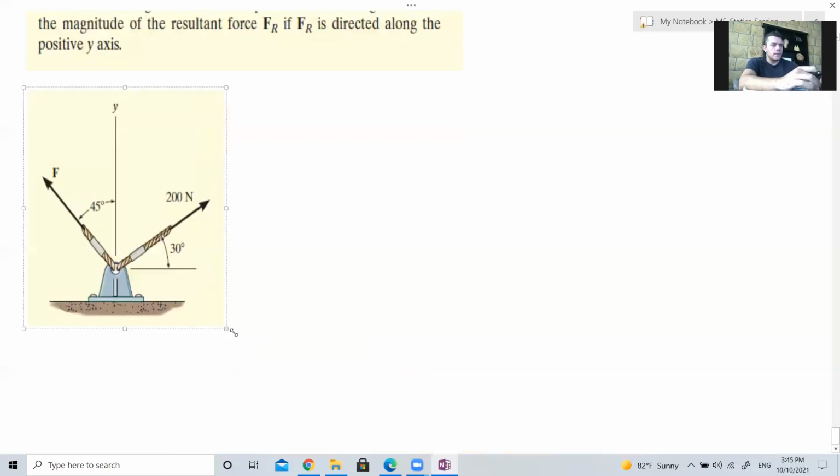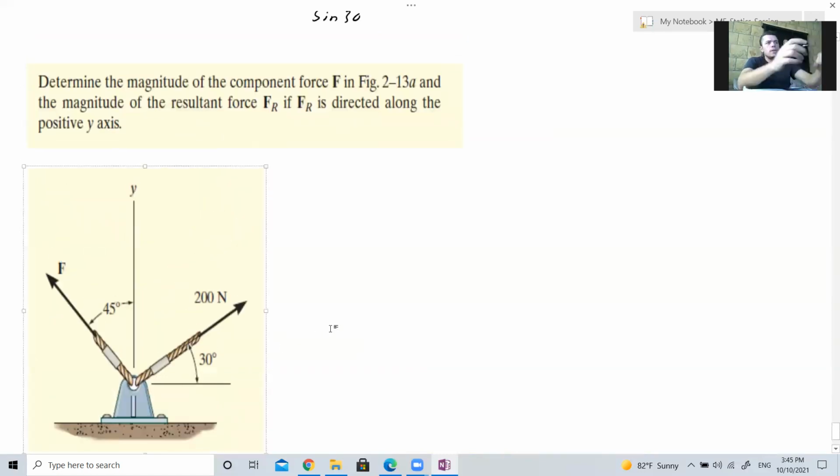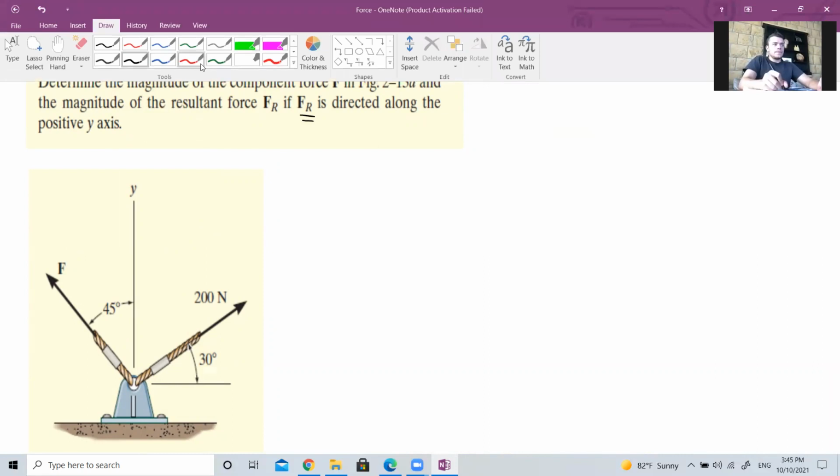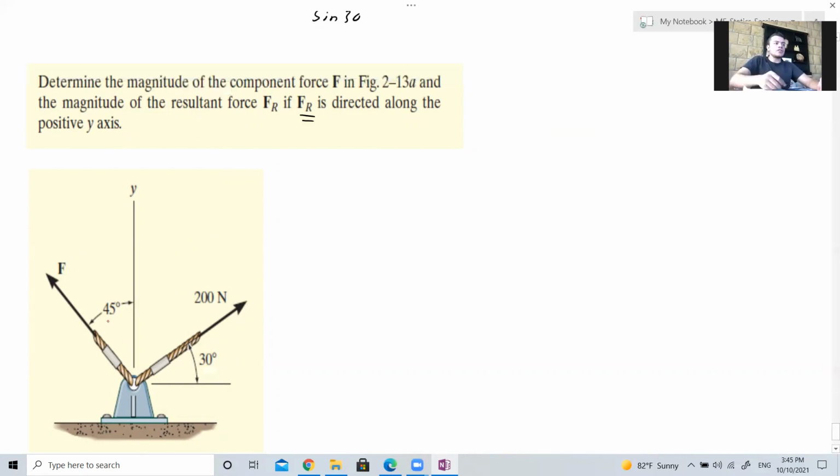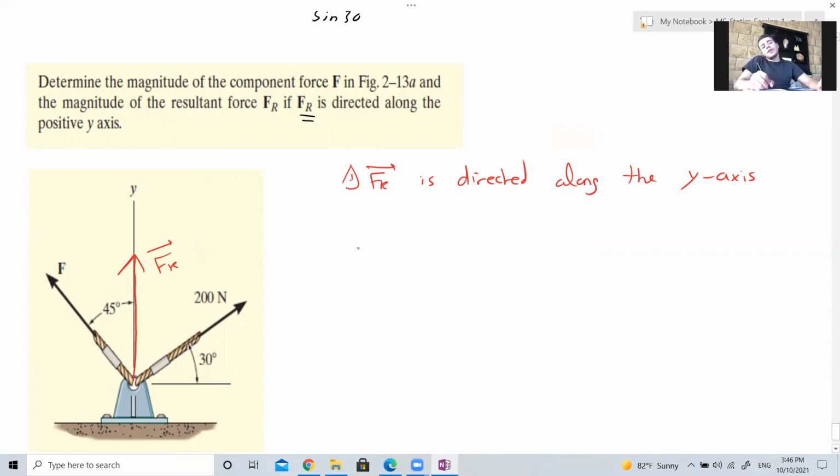شوف لي هذا الاكزامبل يا عبد الرحمن. تمام. Determine the magnitude of the component F and the magnitude of the resultant force if the resultant force is directed along the y-axis. Okay. يعني كيف الدايركشن تبع الفورس؟ FR is directed along the y-axis. أيها أهون برأيك نستعمل الباراليلوجرام method ولا الكارتيزيان فيكتور method؟